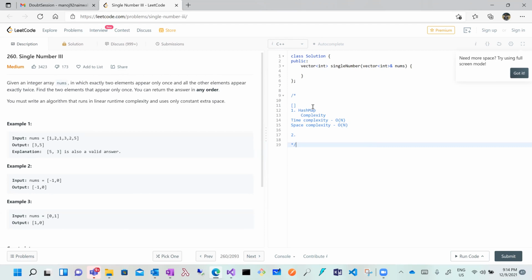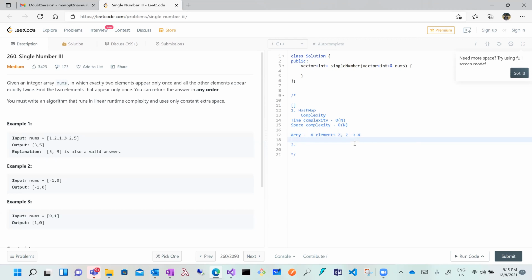What is constant extra space? I didn't understand. Constant means, see, if I increase the size of this array. Right now I have an array which has 6 elements. If I take the hash map, two values will appear twice and two values will appear once, so it will take 4 units.